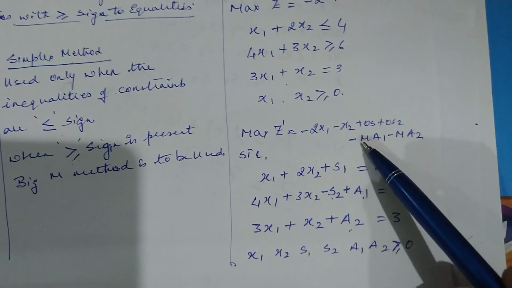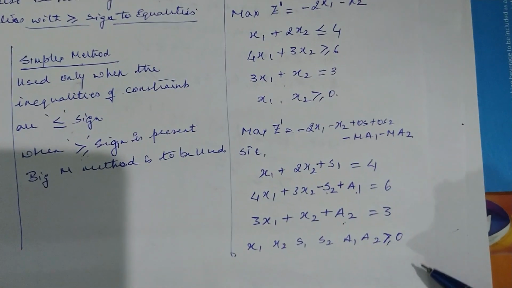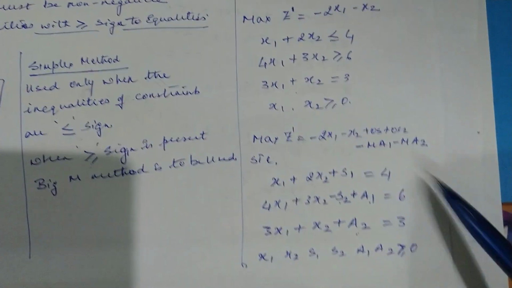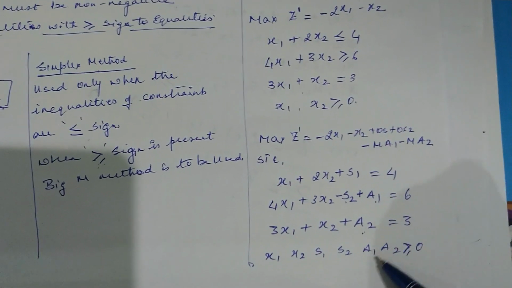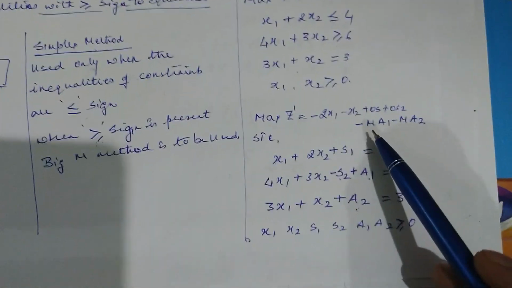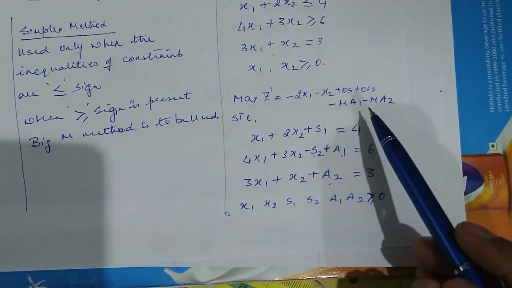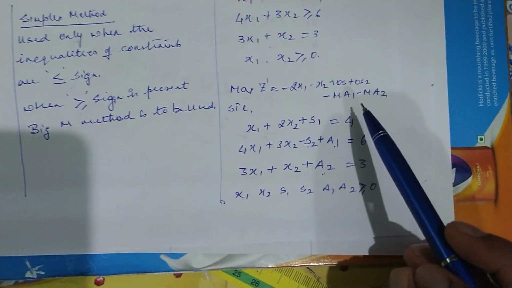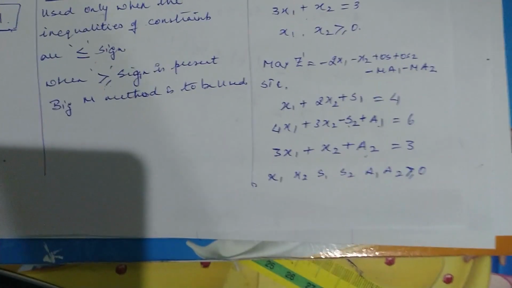When the value of M is never found out, the procedure is such that we simply have to evaluate the system of equations that is available here to ease out or to remove the artificial variable from the solution stage and arrive at the solution. M itself is a huge quantity, so any number minus M is always a negative value, and any quantity, if it is subtracted from M, it still remains a positive value.